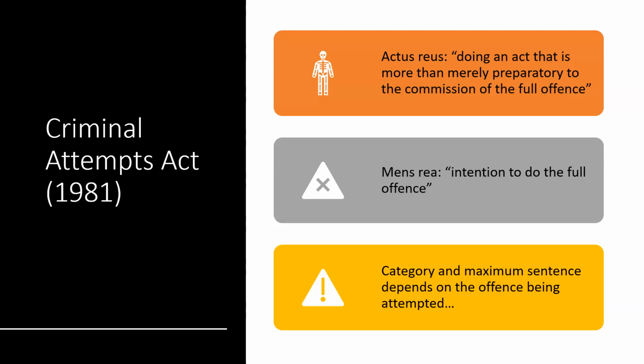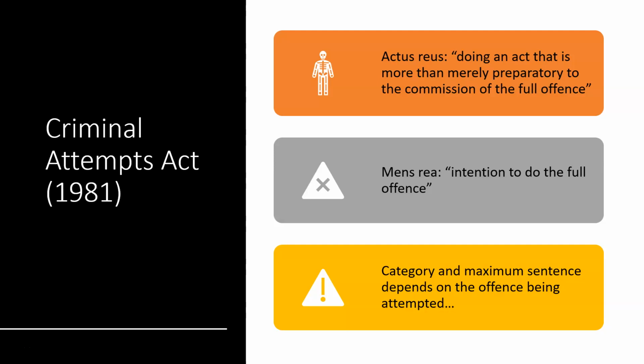So what that basically means is you've moved beyond merely preparing. You're not just preparing to do the offence anymore, you're beyond that. So it's that stage between being more than merely preparing and actually committing the offence. It's between those two things that is the actus reus, so that stage. And that can be really hard to work out in some circumstances, so you've got to just look at the scenario and make a sort of gut decision based on the facts that are given to you.